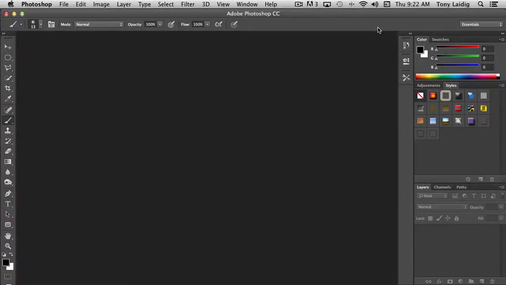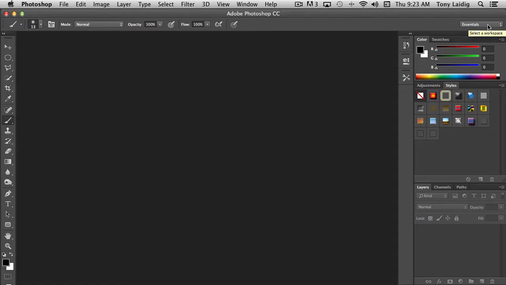Whenever you first launch Adobe Photoshop CC, in addition to noticing the toolbar that you have available to you on the left-hand side, you also notice on the right-hand side there's a number of panels. And these panels are part of Workspaces that Adobe has offered to us. And one of the things that I really like about this version of Photoshop is that we have multiple workspaces